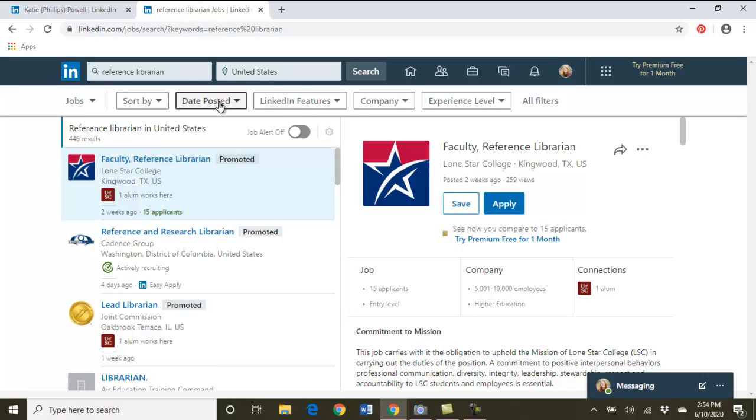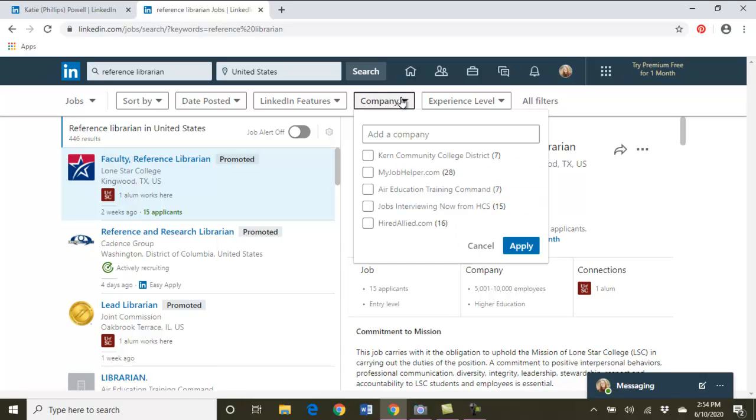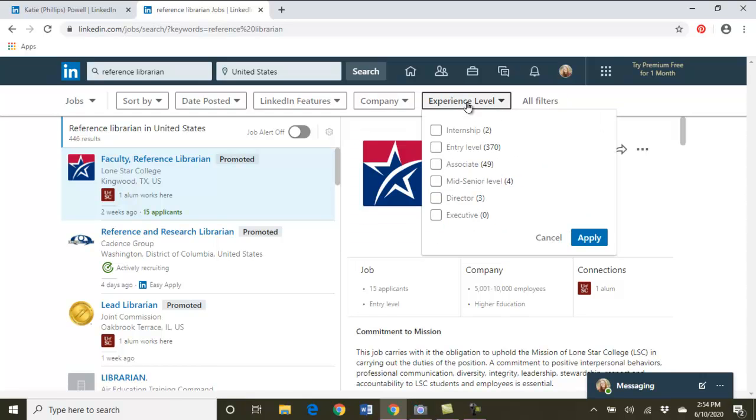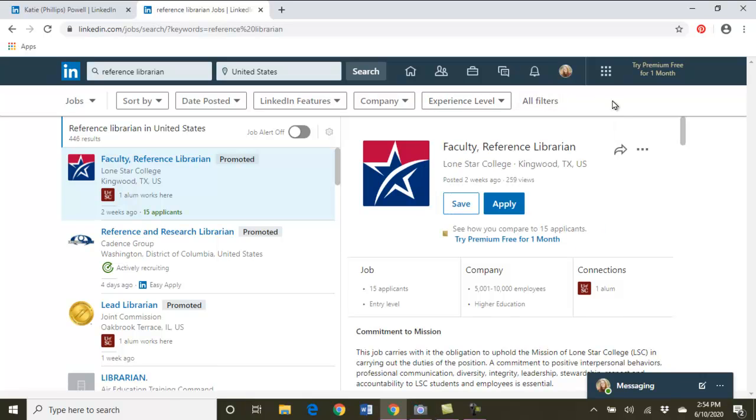You can apply some filters up here if you want to, have it be a certain company, or maybe there's a company that you prefer. It'll let you know how many jobs are offered from each company. You can take a look at the experience level required here, whether it's an internship or entry level, which the majority of them are. And I also want you to see that some are going to be promoted,